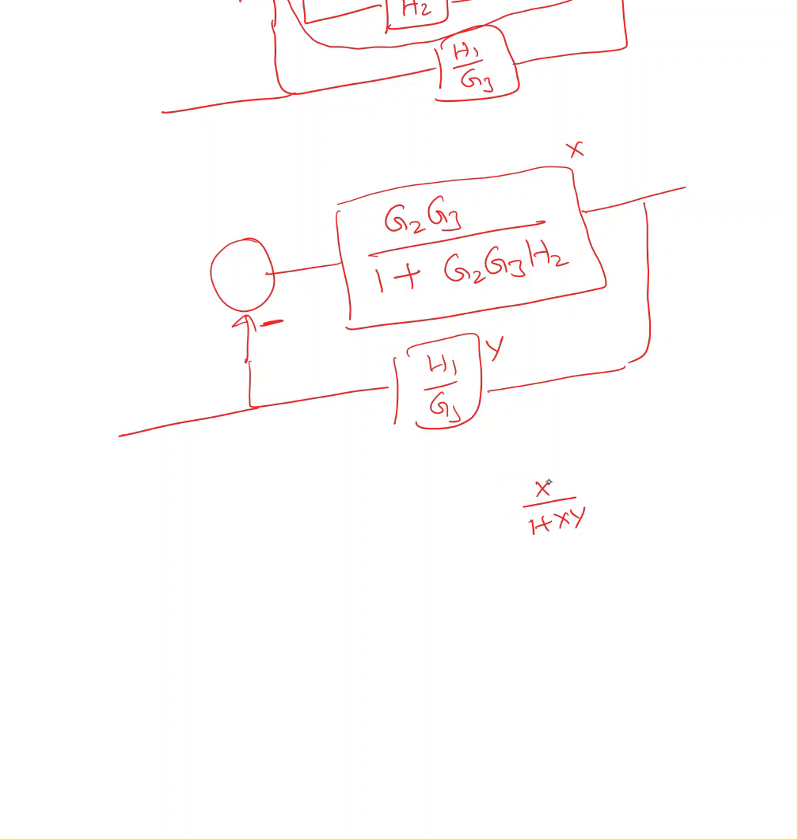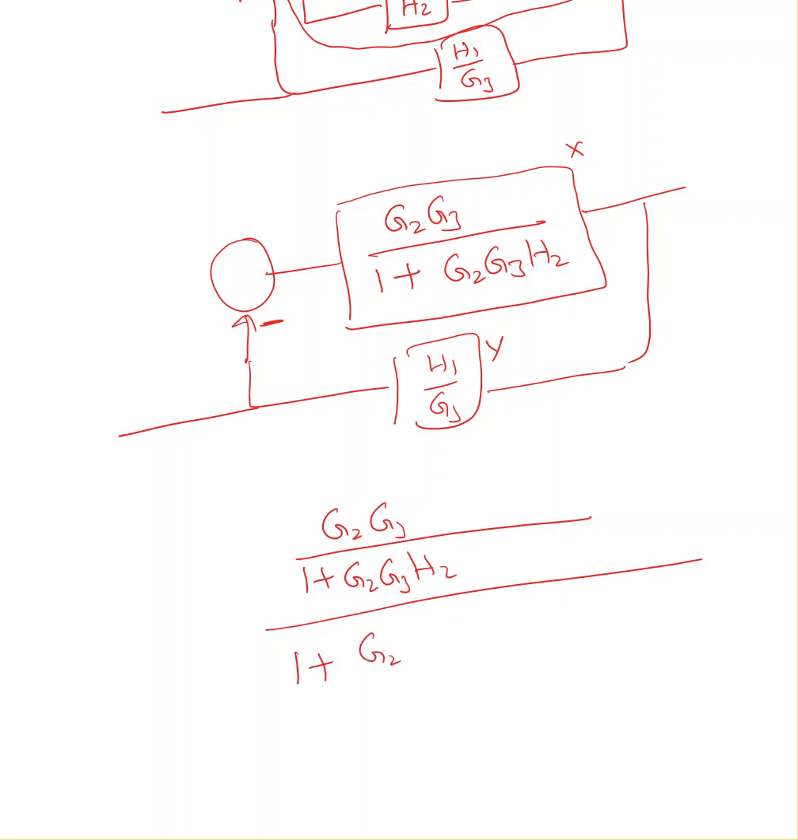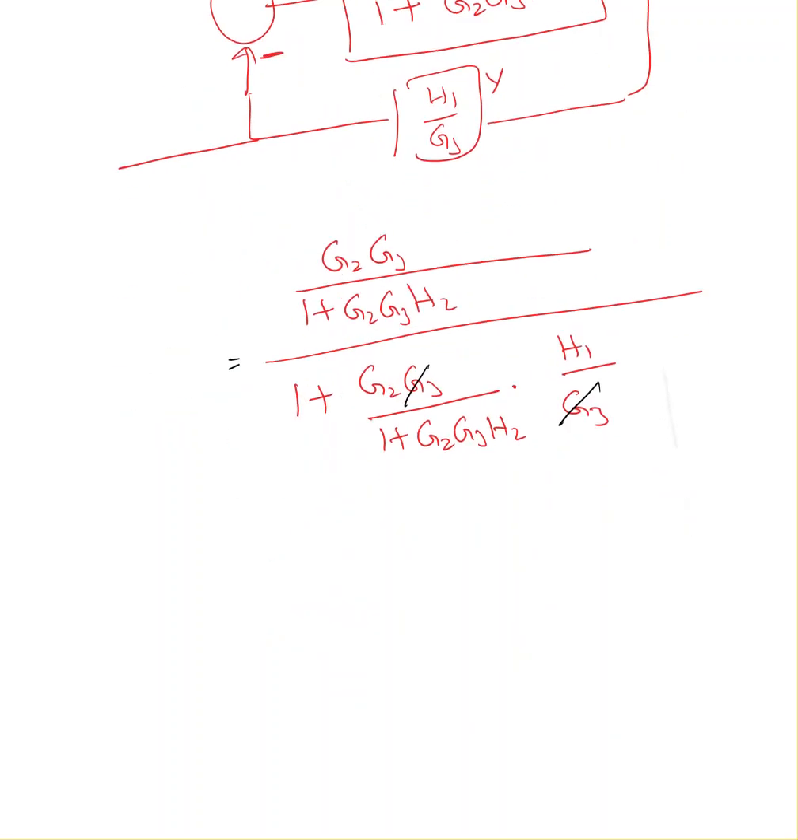So here this whole transfer function is going to be Z2 Z3 over 1 plus Z2 Z3 H2, over 1 plus Z2 Z3 over 1 plus Z2 Z3 H2 times H1 over Z3. Now here these two get cancelled out. Now when I simplify this,